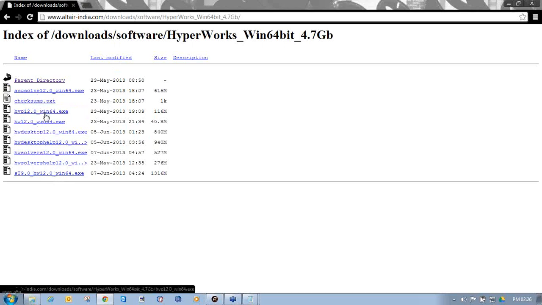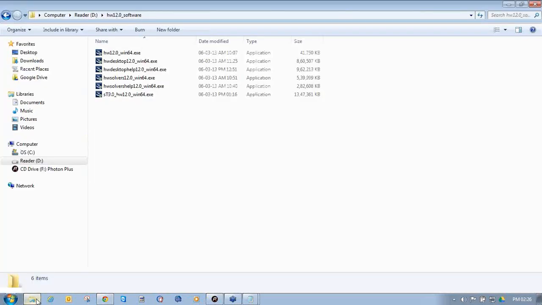Download all the folders and all the setup files, and club them in a single folder. As you can see on D drive, I have clubbed them in the HW12 software folder.